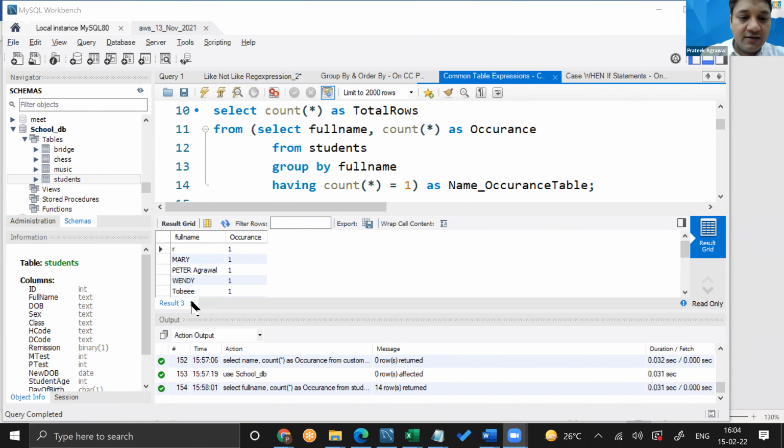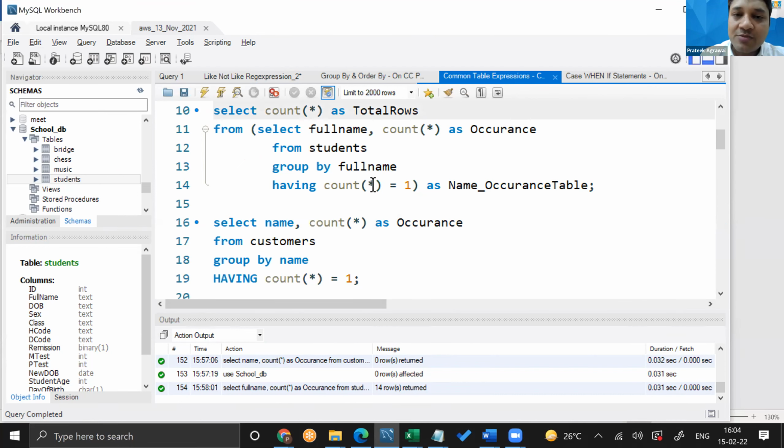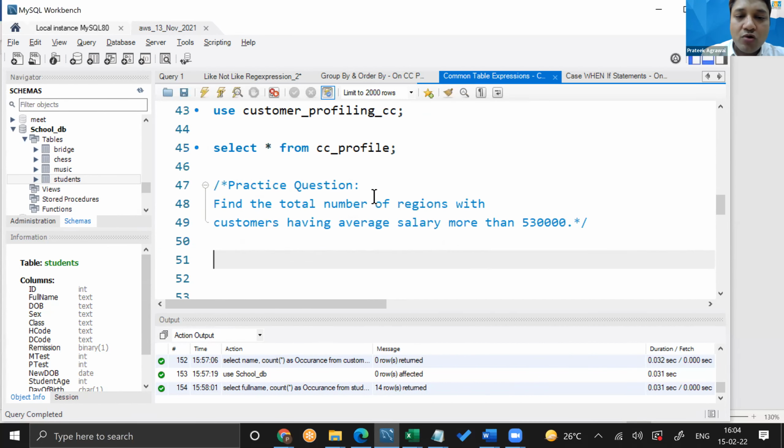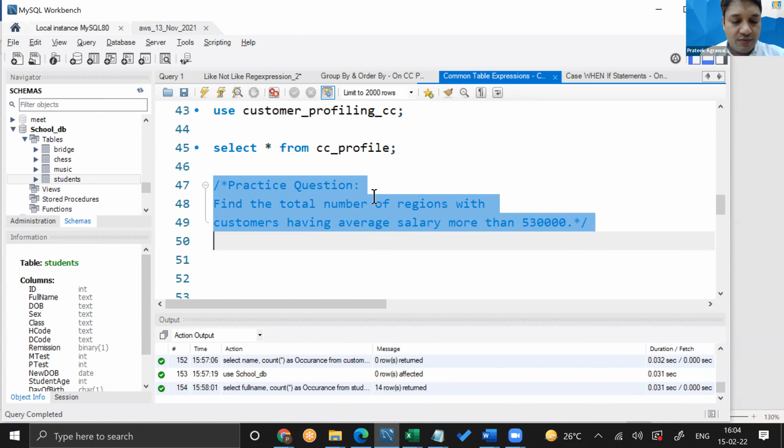So you will see that we will be using quite a bit of this common table expression in the coming classes. I'm going to give you only one question, as we had agreed last time, for tomorrow.